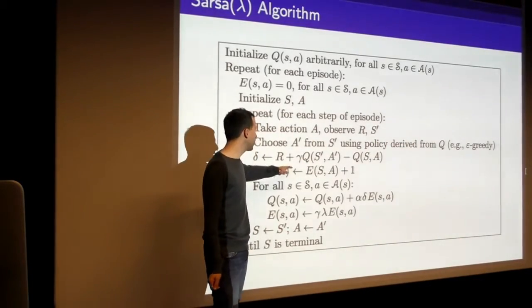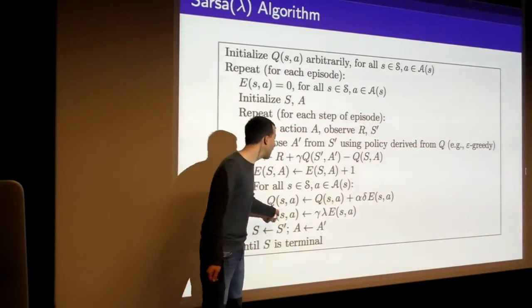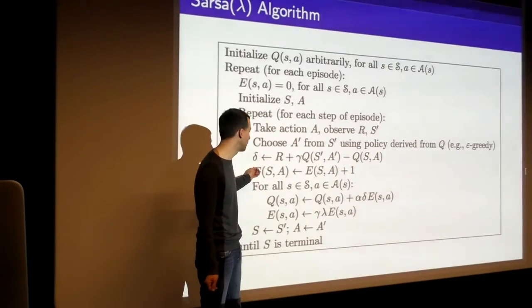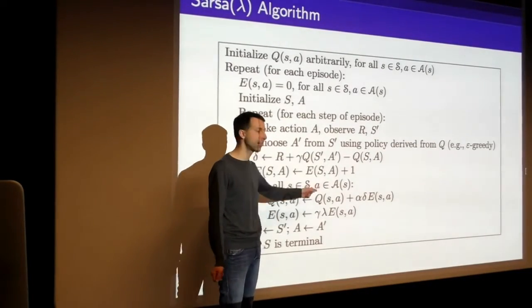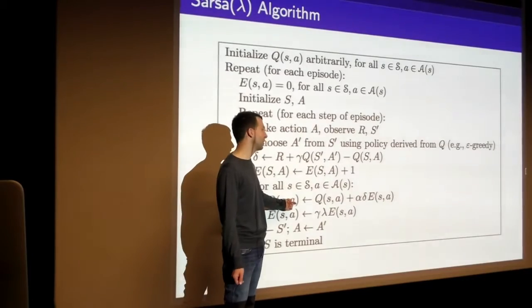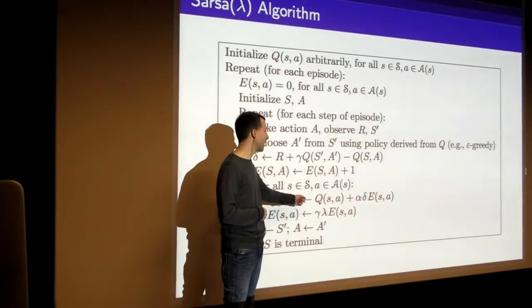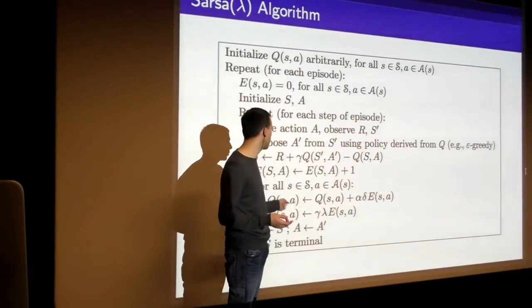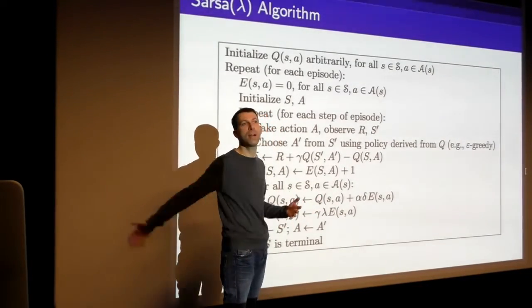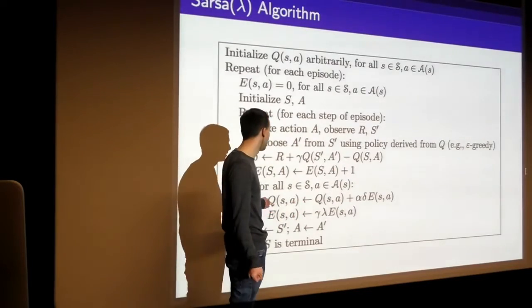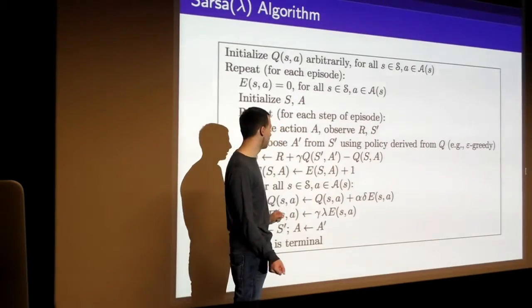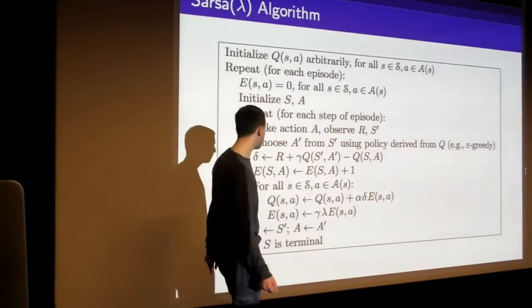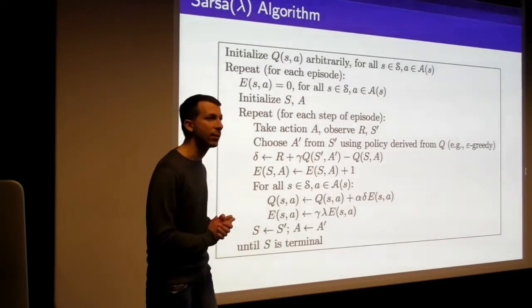We increment our eligibility trace. We decay all our eligibility traces down here. Here we're just incrementing the state action pair we actually visited, but here we're decaying it for all states and actions. And for all states and actions, not just the one that we visited now, we do an update, because we need to update everything in proportion to its eligibility, not just the thing which we visit at this step. Everything might be blamed now or credited for what happens. So we need to update all state action pairs, and we update them all in proportion to the TD error and the eligibility trace. And we just iterate every single step.